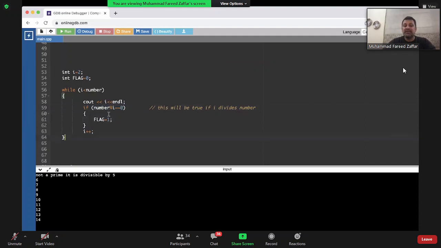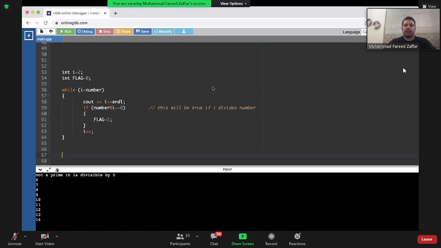So this is just a neat trick that I'm doing. Rather than printing here, I'm just setting a flag. एक इंटीजर की वैल्यू मैंने 1 कर दिया. ये 1 तभी होगी अगर मुझे कोई ऐसा नंबर मिल गया जो डिवाइड करता है. अगर मुझे कोई ऐसा नंबर ना मिला, इसका मतलब है कि flag is 0, which means कि if flag is 0, this number is a prime because I could not find any such number. ये बात समझ आई है या इसको रिपीट किया जाए?